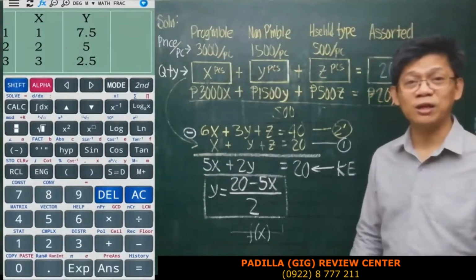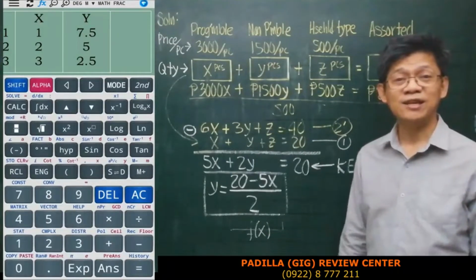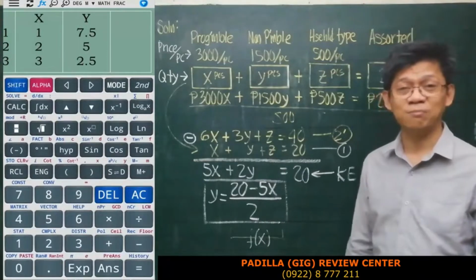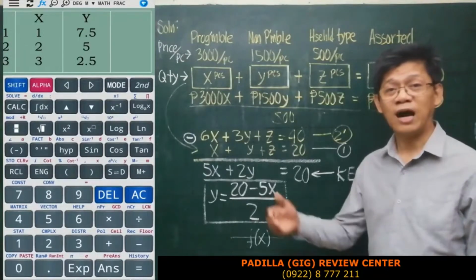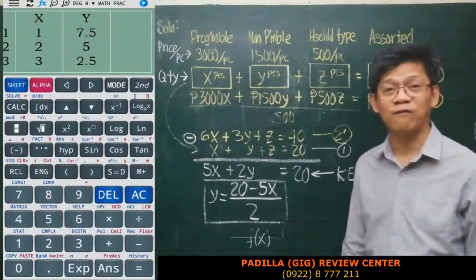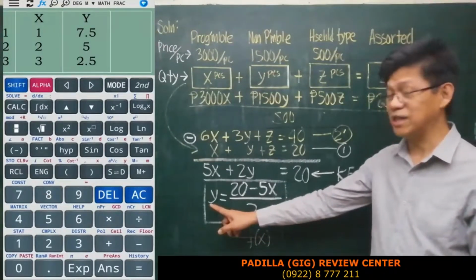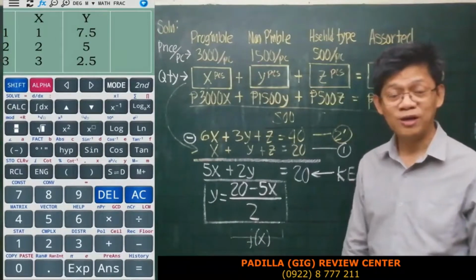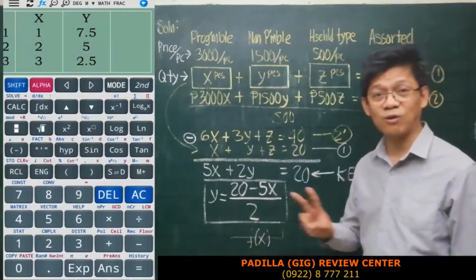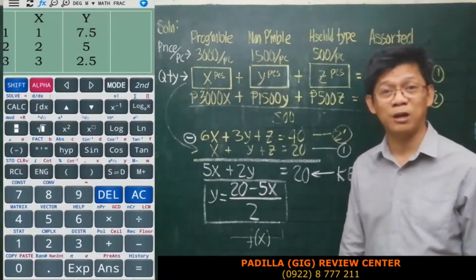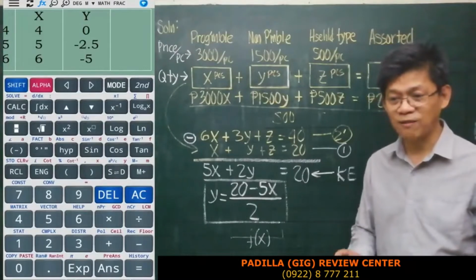Notice that your calculator will now display 3 columns. One is the raw number. The second is the values of x, that is 1 to 18, but the one displayed in your calculator is only 1 to 3 because of the limited screen. Now, across that, the corresponding values of function of x. Remember that function of x is your y. And we know that it is correct if y is whole number. You scroll down the values of function of x or your y, there are only 2 values that you will see are whole numbers. They are when x is 2, y is 5, and when x is 4, y is